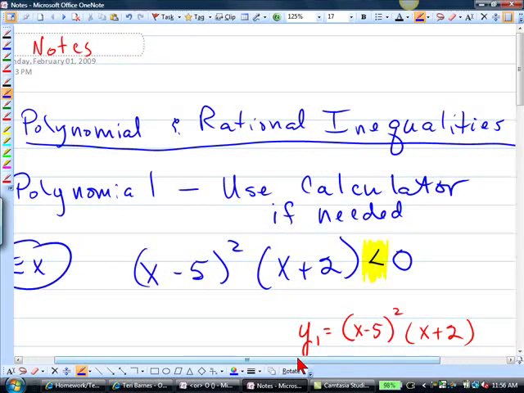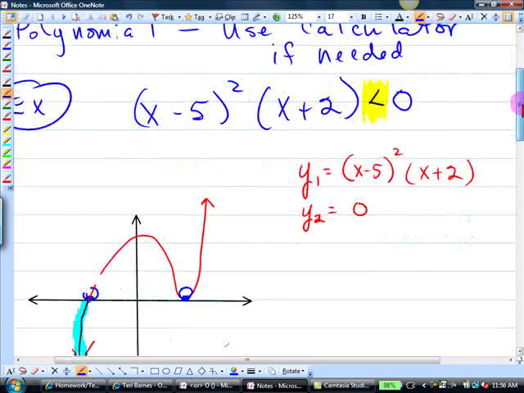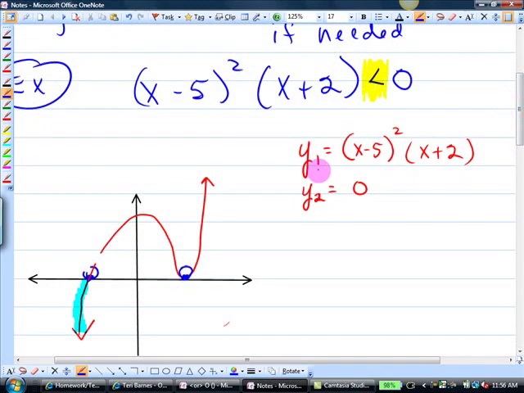Polynomial, we're going to use the calculator. You can't really do that for the rational ones, but we are going to use it for the polynomial, and that will be great. So here's an example. You have this, x minus 5 squared times x plus 2, all of that less than 0. We're supposed to come up with the solution. So what you're going to do is go to your calculator and put y1, all of that to the left over here, and put y2 to be 0. So if you'll go ahead and put that in,